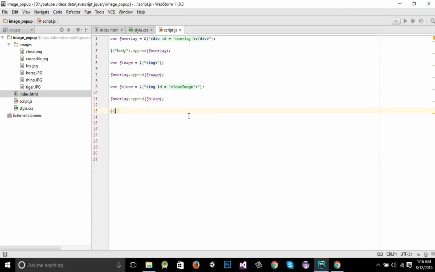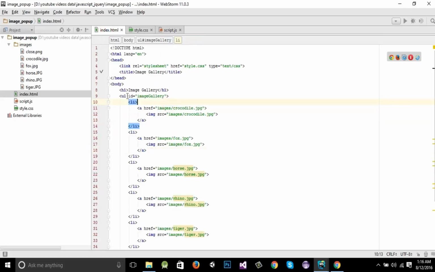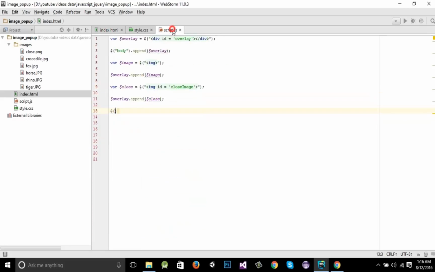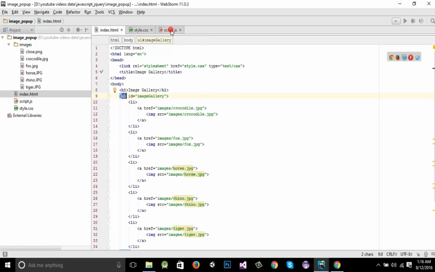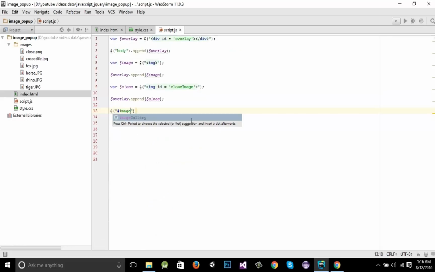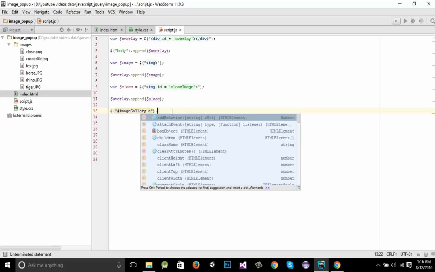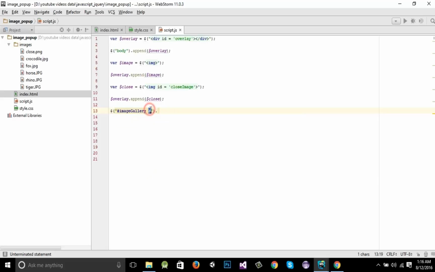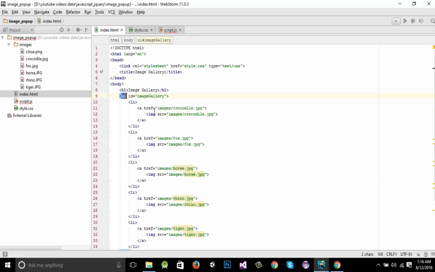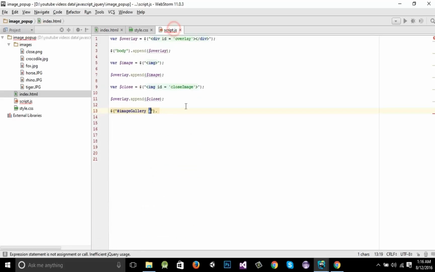First we can select this UL tag. We can directly select it with UL or from the ID image gallery. So we have selected this. Now we need to select anchor tag inside this image gallery, and if any of the anchor tag inside this image gallery is clicked,